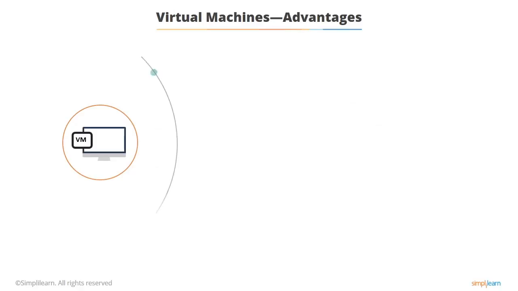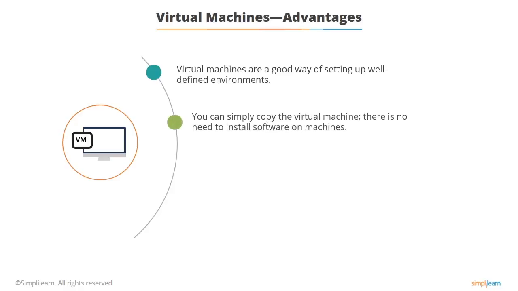Well, the great thing is you can set up a complete environment which is completely isolated from the others, with the exception of that Linux thing I mentioned. If you want to replicate a virtual machine, you simply copy it, and you don't have to do any installation on the other machines other than just copy the image across. Several operating systems can run on the same machine at the same time as long as there's enough hardware resources in terms of CPU and memory, etc., to do that.